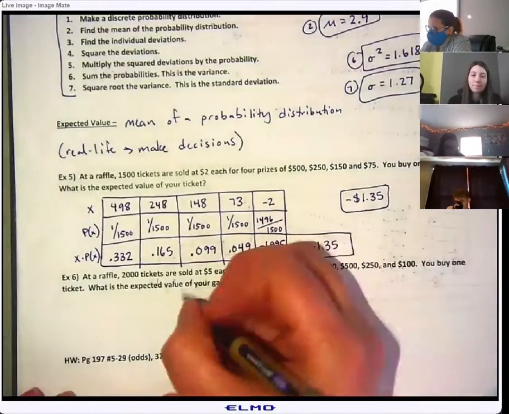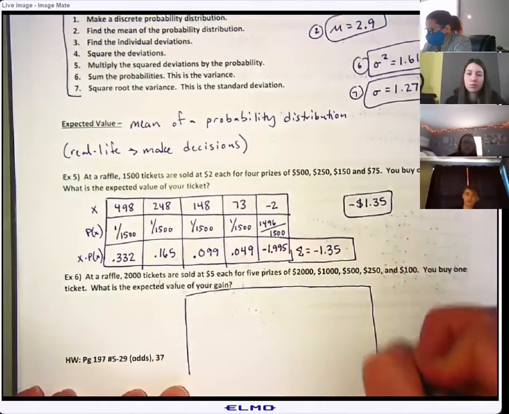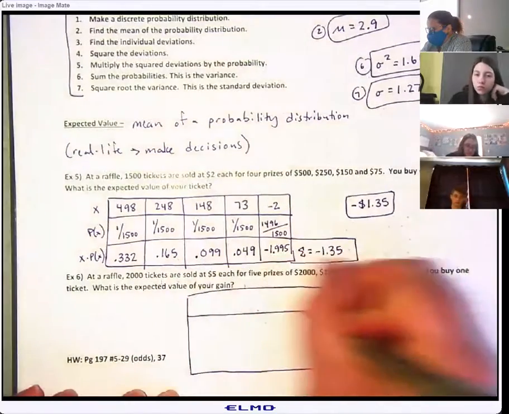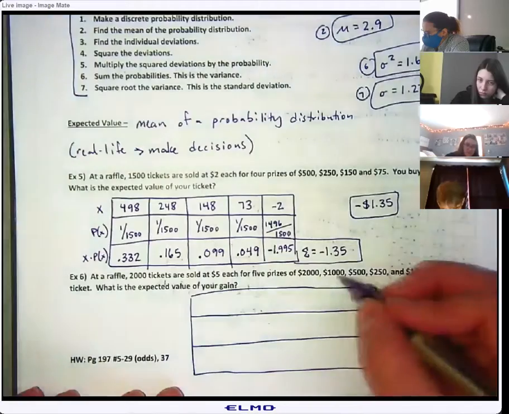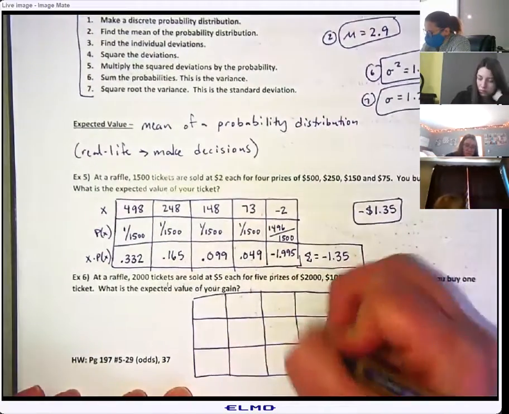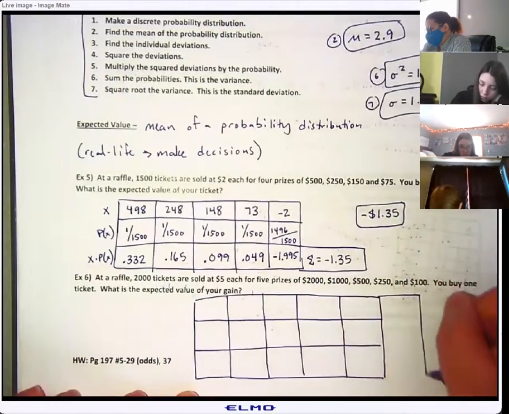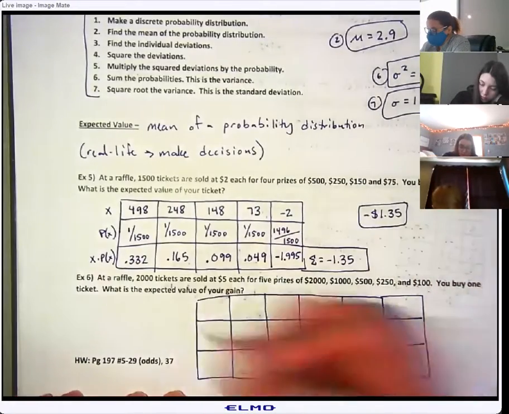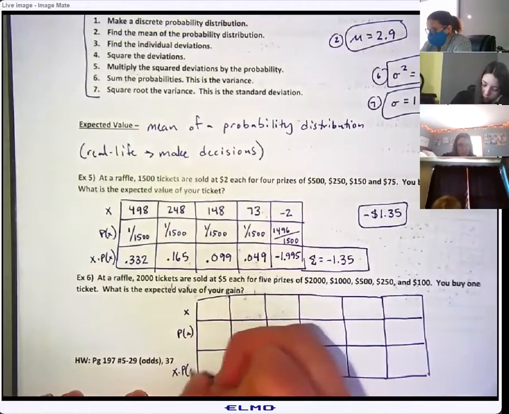All right, one more, and you get to try this one. I am going to turn off my camera for this one, and then you can check your work in a minute once I finish it. 2, 3, 4, 5, 6. Can somebody tell me why I'm calling this 6 things instead of just 5 things? There's only 5 prizes. There's a negative chance. Right, there's a chance that you totally failed at it, which is likely.